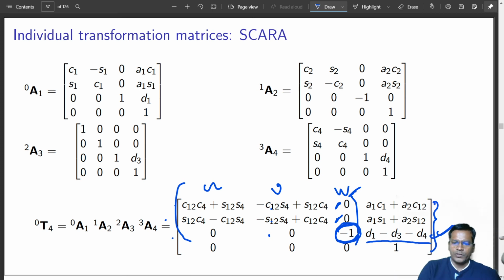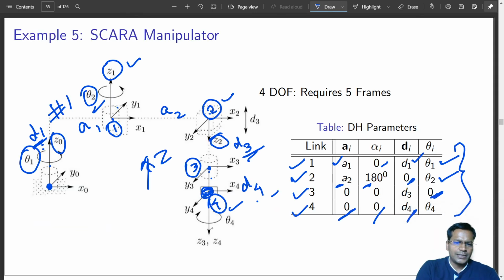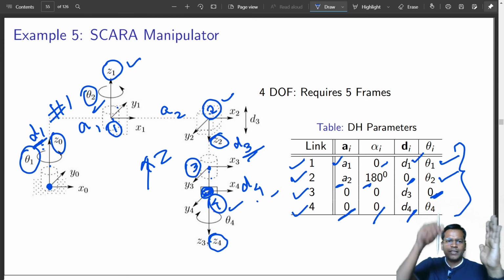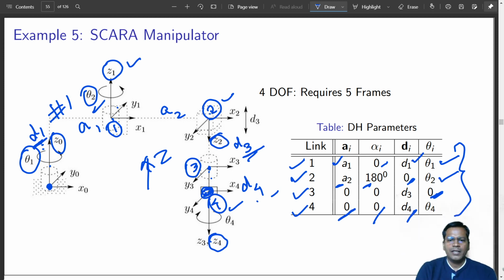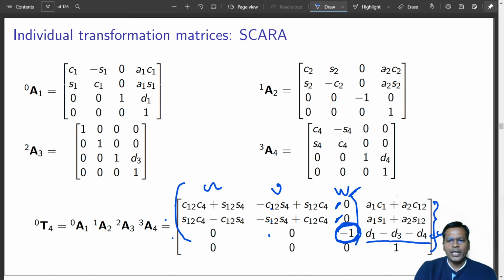This is -1. You just quickly see your robot. Your z-axis is always pointing downwards. It cannot roll, it cannot pitch, and it is in the negative z direction, and that is what is making it a negative value. So quickly a few elements you can verify. In order to verify it to the fullest, you may have to put some values and see. You can put 0 0 0, you can put 0 0 1 or 90 degrees or some values to the joints and quickly verify your results. At least a few things are verified. Projection of W along XYZ, the Z coordinate, is verified. Remaining things can also be verified.